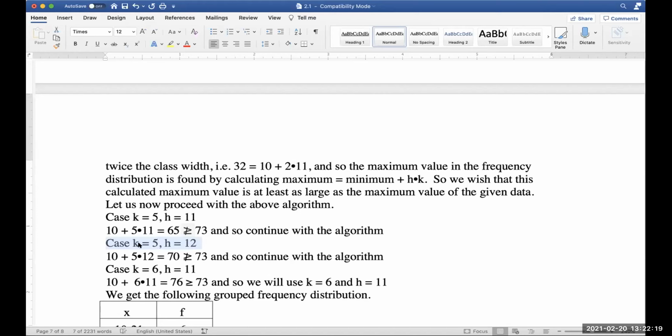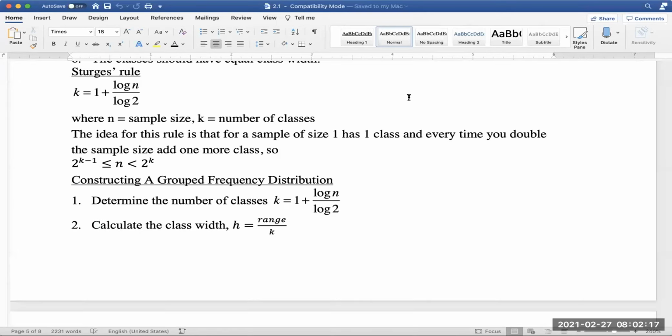And so let's see if this works. So k is 5 and h is 12. 5 times 12 is 60, plus my minimum number, which was 10,